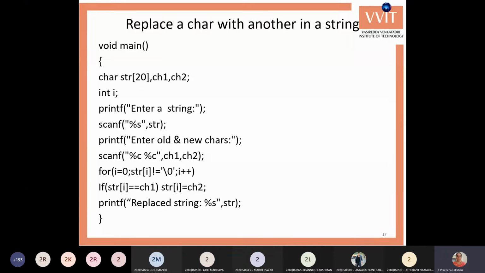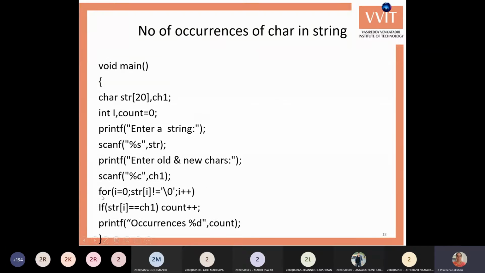Say for example, if my string s1 is the word INDIA.